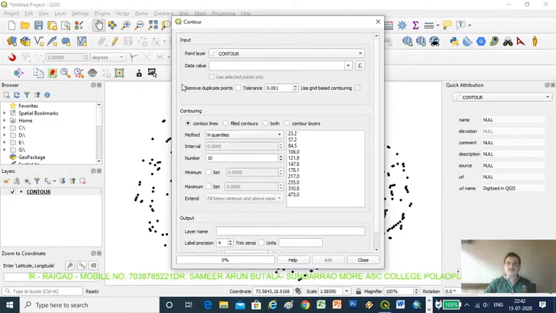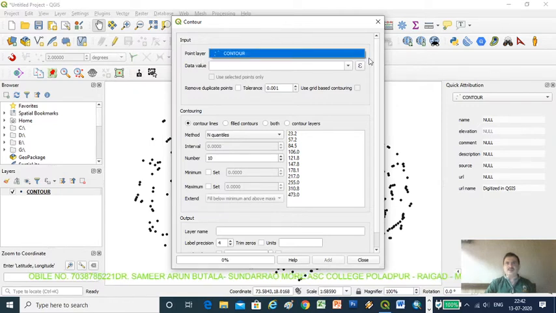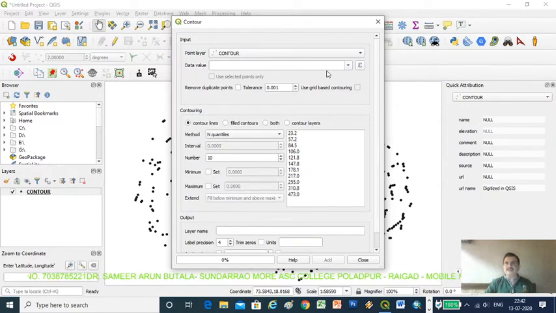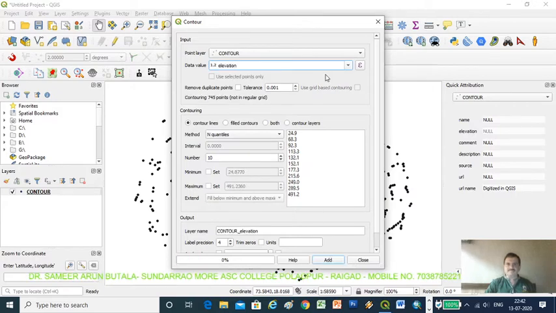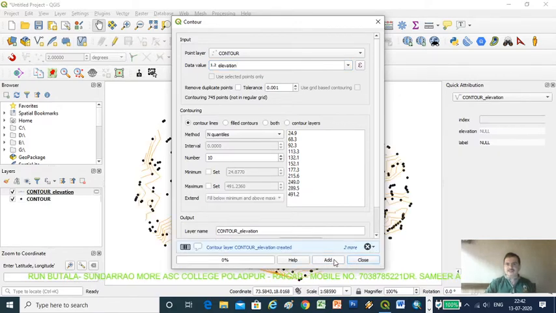Click on the contour. So the point layer which is there automatically comes as data value, just click here and type elevation. Okay, and then add one and close it.